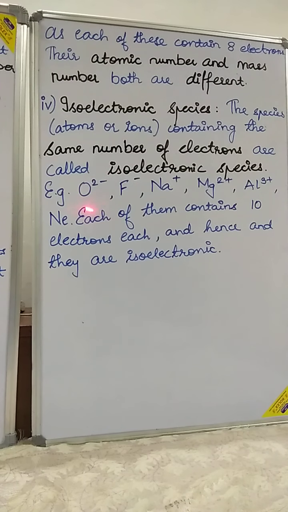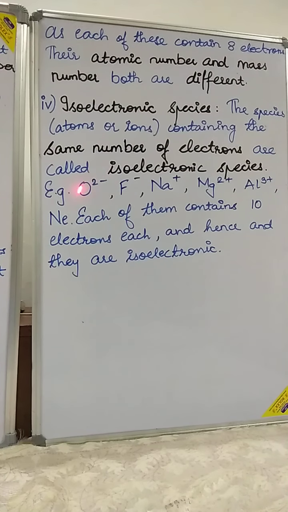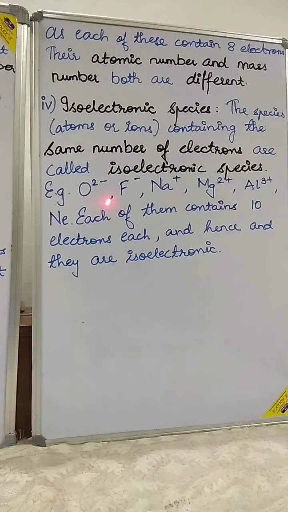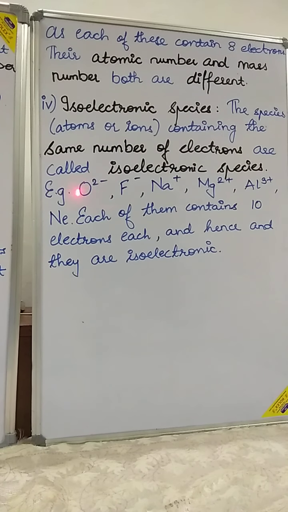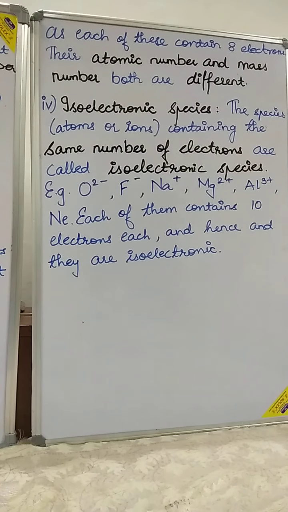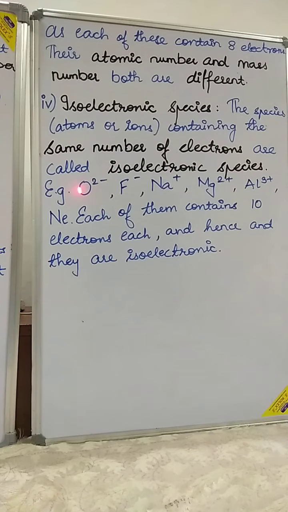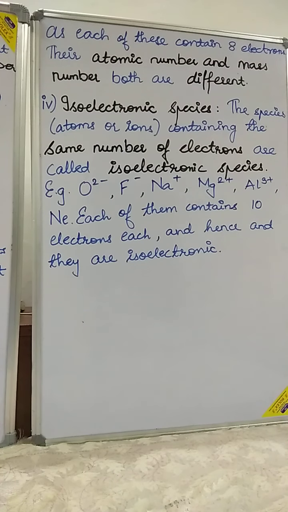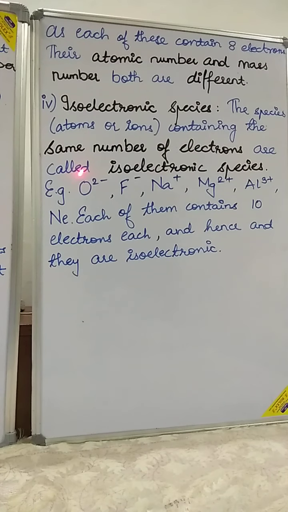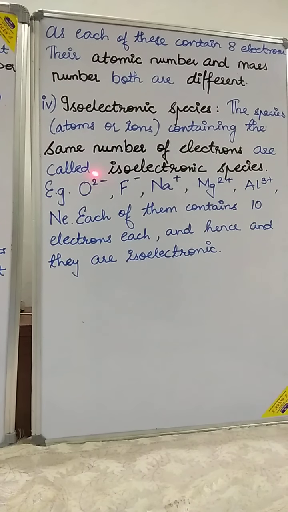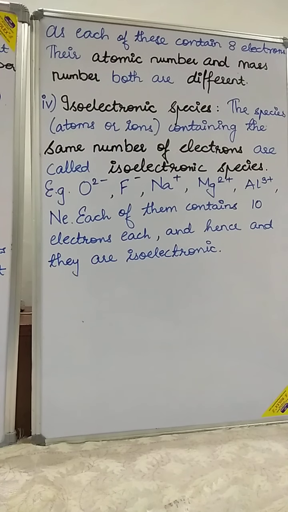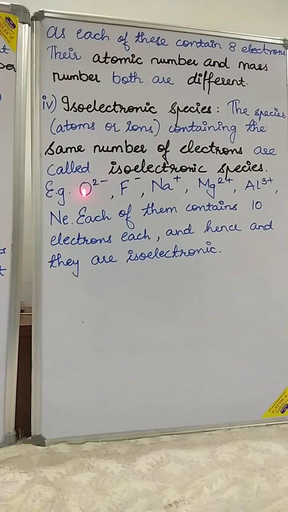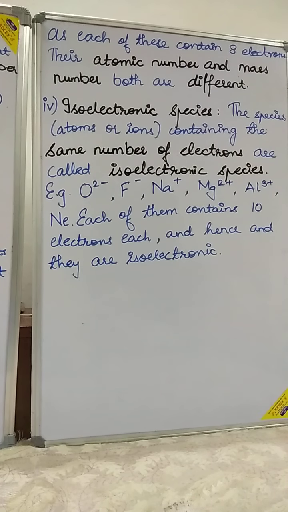Now you see what is the number of electron in oxide, O2 negative. Students, you know that oxygen has got atomic number 6. So oxide means O2 negative. That means 2 extra electrons taken to form this species. So number of electron becomes, students, number of, just a minute, one correction. The atomic number of oxygen is 8. Number of valence electron, I said 6. So the atomic number of oxygen is 8. Number of proton is 8.